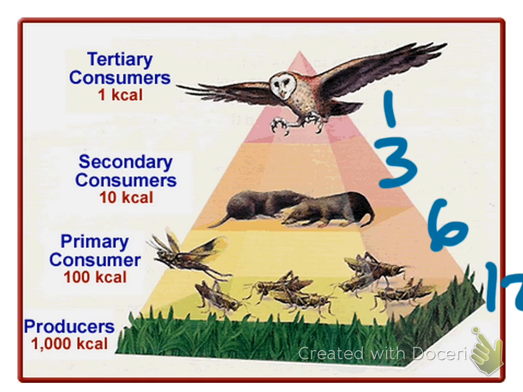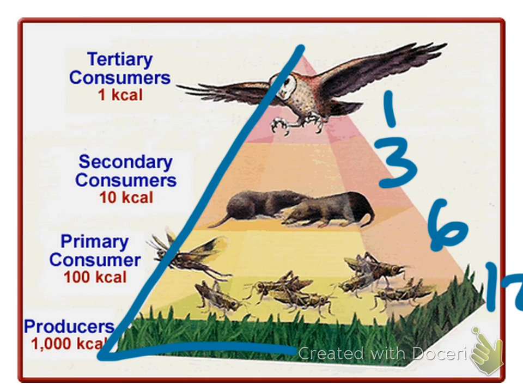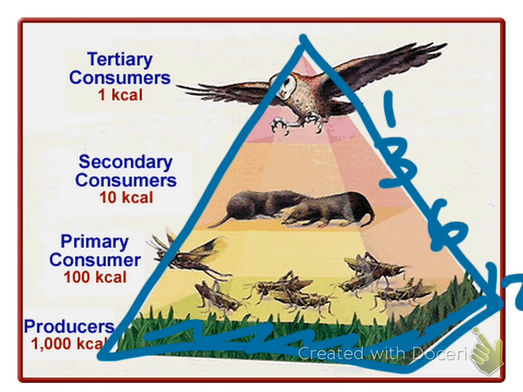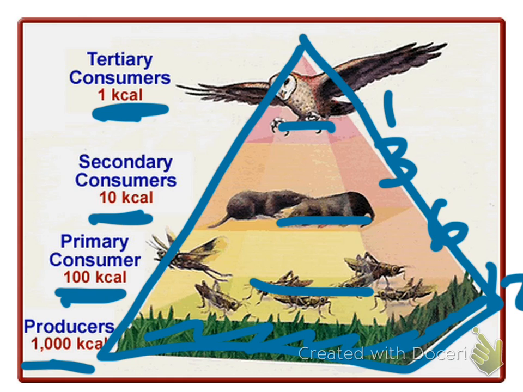So we had enough for the grasshoppers, enough for the moles, enough for the owls. So this is a perfectly balanced ecosystem where we've got this nice pyramid shape, the most amount of producers, and then we get gradually less and less of the other consumers up the chain. You'll also notice on the side the amount of energy that's available at each level. This has a lot to do with why it needs to be in this pyramid shape.